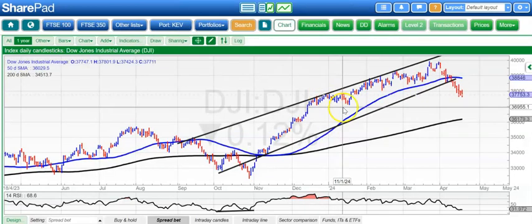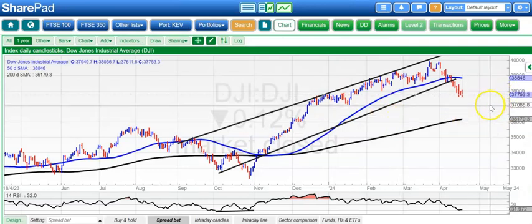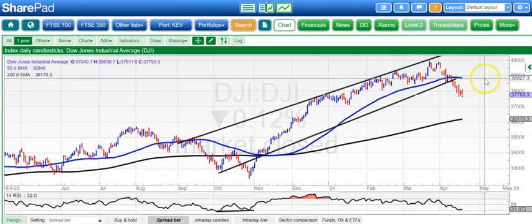Moving on to the Dow, and here the pain continues. It seems as though this market really does want to erase all the gains of 2024. That would need to take it back to 37,000. I think we have to factor that in the way things are going. An end of day close back above the old February neckline support, 38,000, would then give us the chance of rebounding back to the 50-day line,